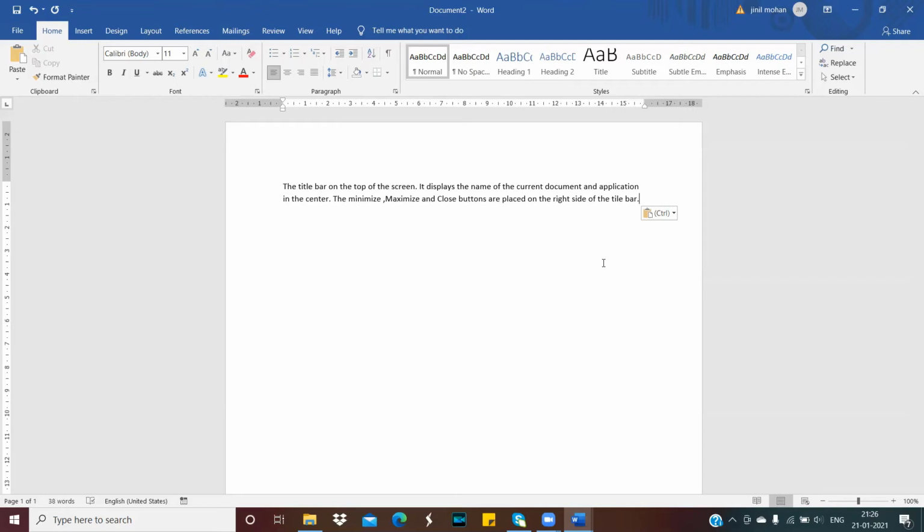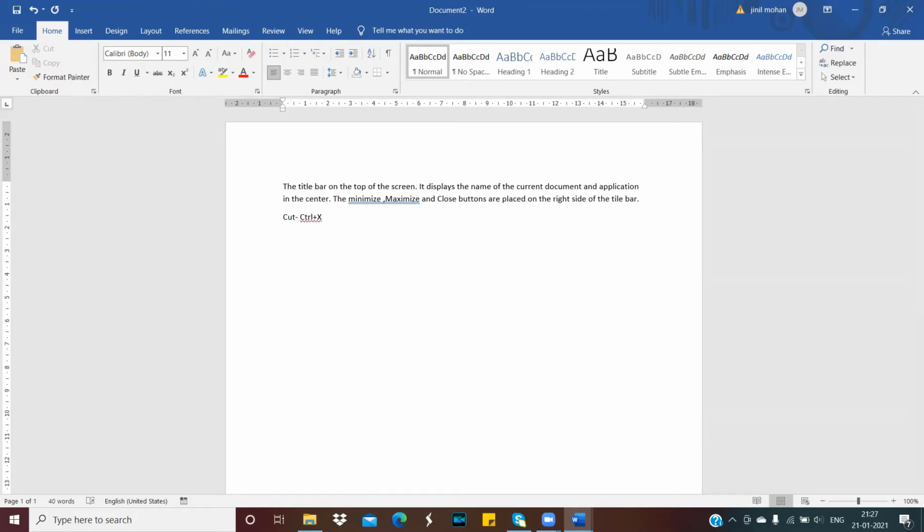Instead of selecting the cut and paste options from the Home tab, we can use shortcut keys. Do you know the shortcut keys for cut and paste? For doing cut, the shortcut key is Control plus what? Yes, X. Control plus X is for the cut option.